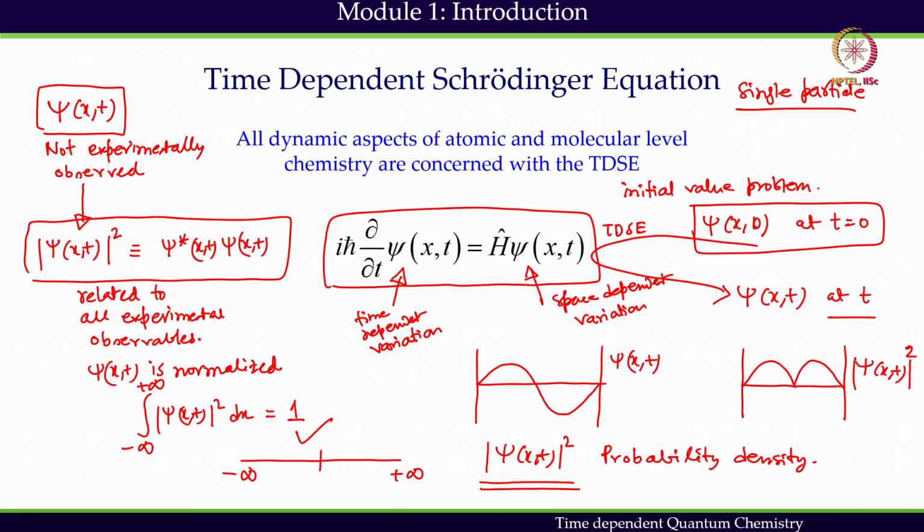So I repeat one more time. TDSE gives me the wave function. The wave function cannot be observed experimentally. I have to convert that wave function to its own density, and that density is somewhat connected to the experimental observable. In order to get the wave function through TDSE, I need to know the initial wave function at t equals 0. So with this preliminary idea, although we haven't discussed how that wave function should look in quantum mechanics, even for a single particle, we'll just move on to the